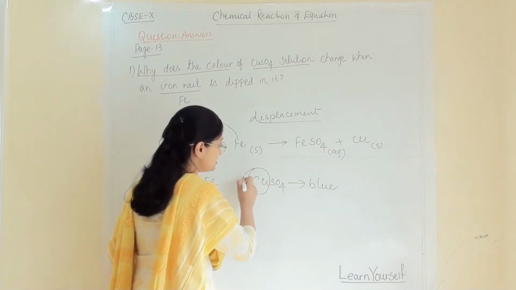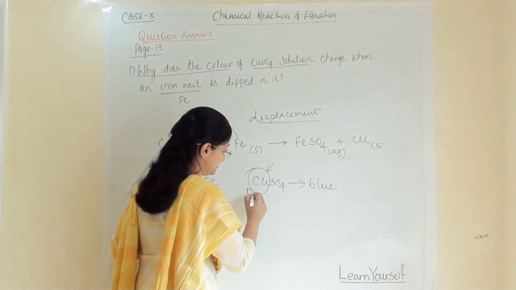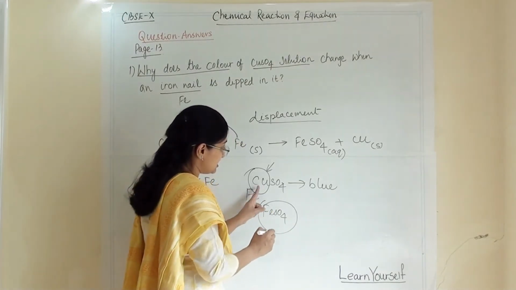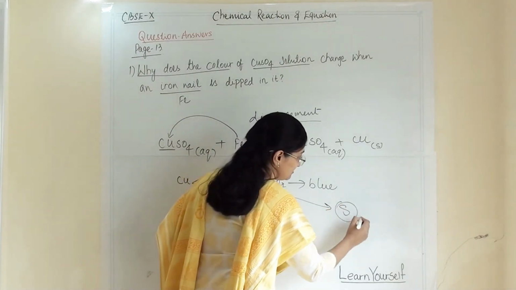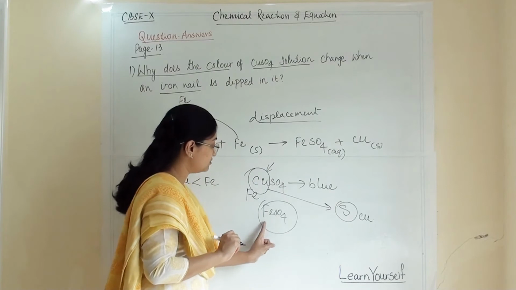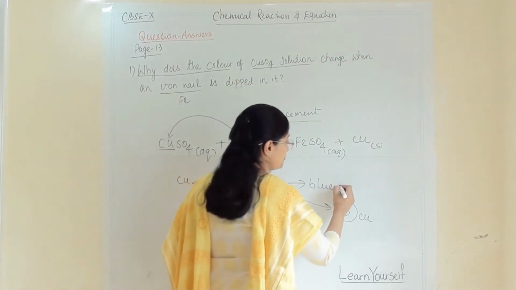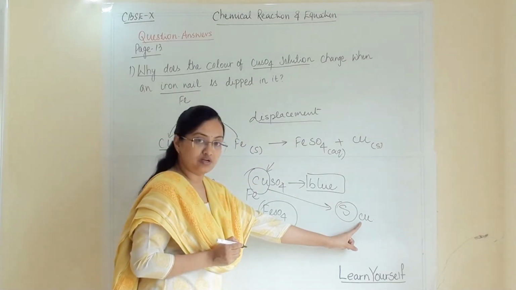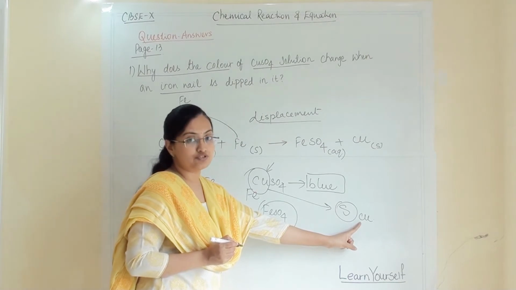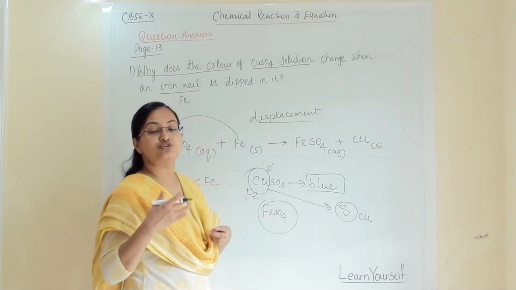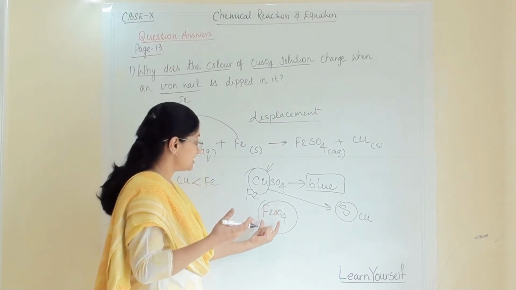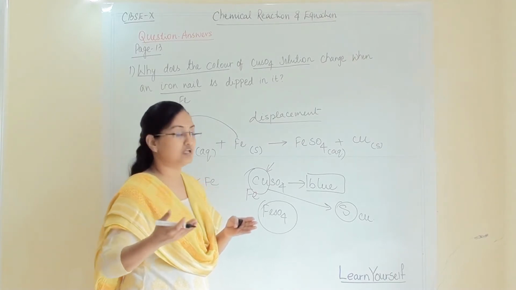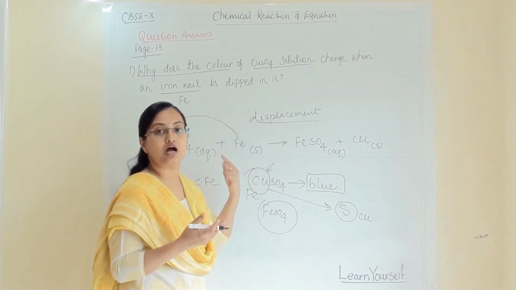Now whenever this Cu has been displaced by Fe, it will become FeSO4. So this Cu will become solid. This Cu is solid and now this is FeSO4. It is CuSO4 which gives us blue color, not FeSO4. Cu is now solid, so it won't give blue color to the solution. So the blue color of the solution will fade once the reaction is completed, and it will start fading when this displacement will start happening.